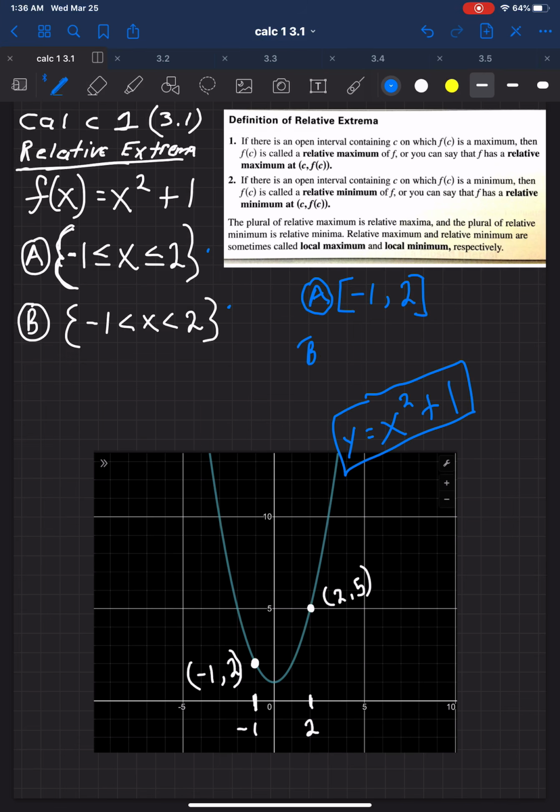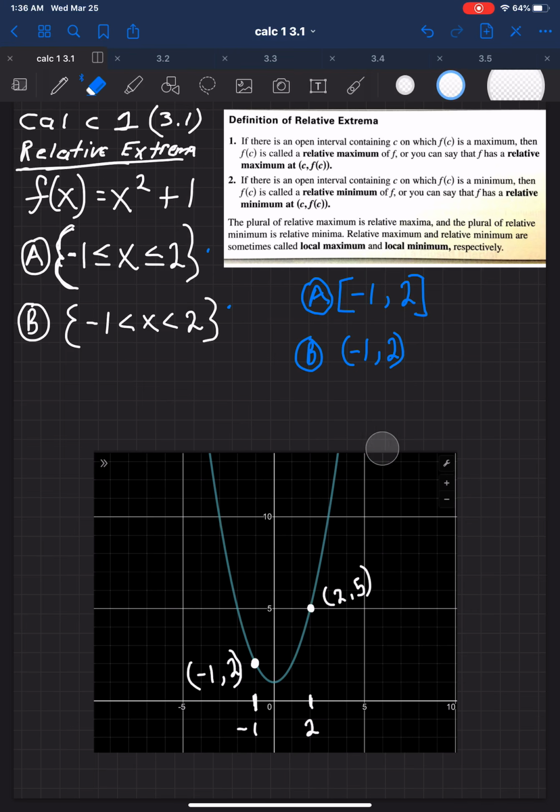Whereas part B, we're looking at the interval from -1 to +2, but in this case, we can get as close as you want to 2, as close as you want to -1, but we can't actually reach -1 or +2. All right, and now the question that we're going to try to answer is, how do these slight differences in conditions determine whether you have relative extrema?